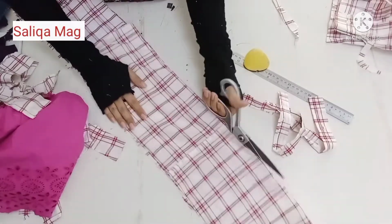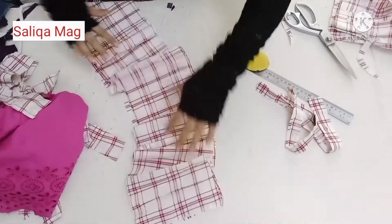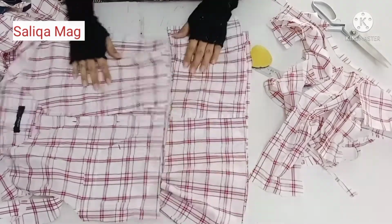So now I'm just quickly cutting all these things,